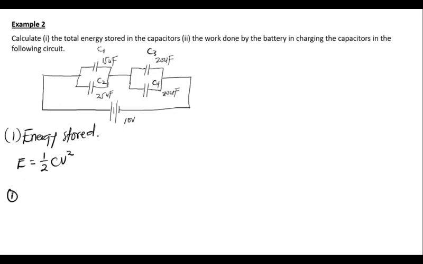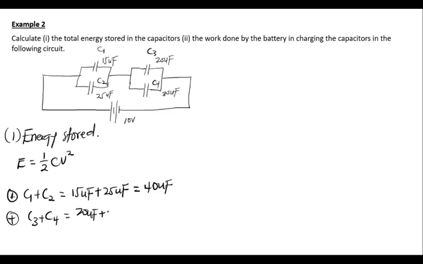To get the total capacitance here, we add C1 plus C2, which is 15 microfarad plus 25 microfarad, and this is equal to 40 microfarad. We are adding them straight because they are in parallel. Now the second one, C3 plus C4, is 20 microfarad plus 30 microfarad,